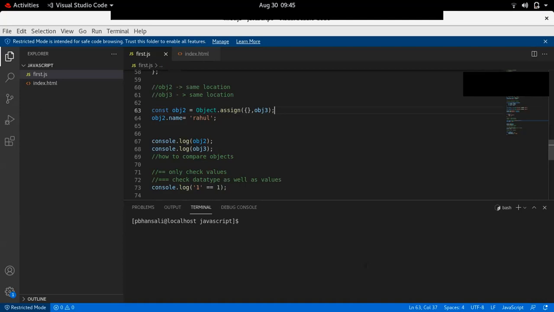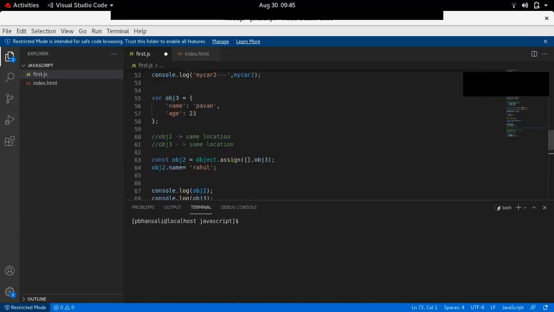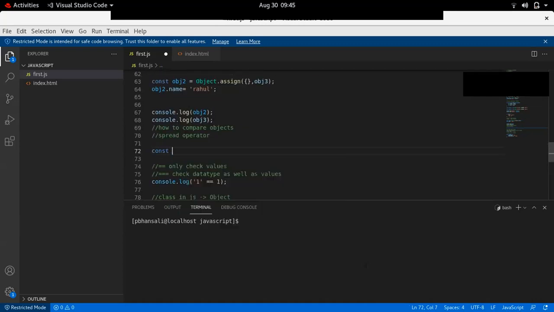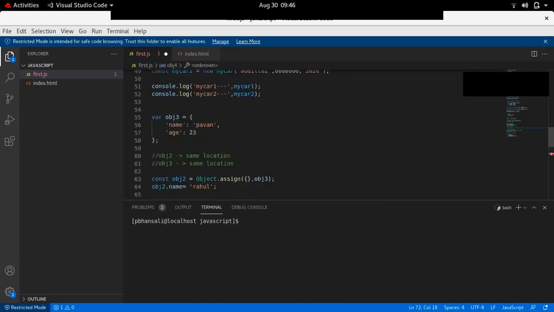Yes. Okay. Then there is another method called the spread operator. And how to use it? So what you can do is, for example, triple dot. I will write const obj4 equals triple dot and the object that I want to duplicate, that is object3.